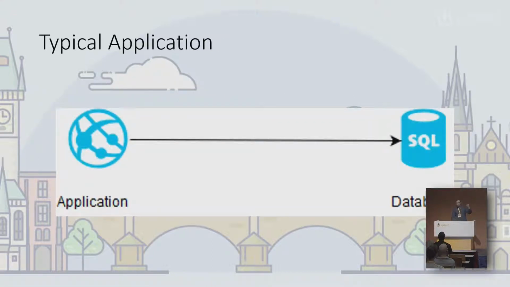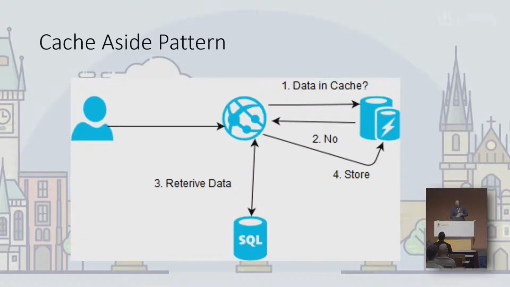So in a typical application, you have an application that's connecting to a database. With the cache aside, the user's hitting your application. Your application first checks, hey, is the data in the cache or not? So it hits the cache server. Do you have this data or not? If it doesn't have it, it's going to go to the database. So number 3, retrieve the data, and then stick it back in the cache and return the data to the